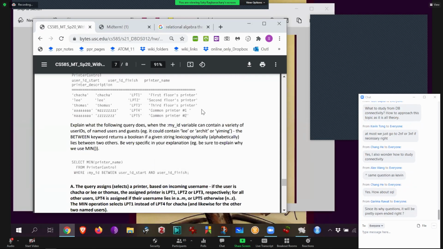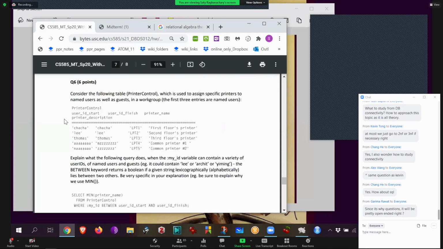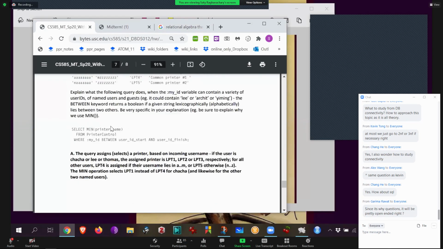So I won't ask you to write a SQL query at all, but there might be a question like this: what does it do, or how can you make this a little bit better, or what is wrong with this? Like, I wrote this, but it's not giving me what I want, so how can I fix it? It means you already have a starting point. That is the answer to your SQL questions.